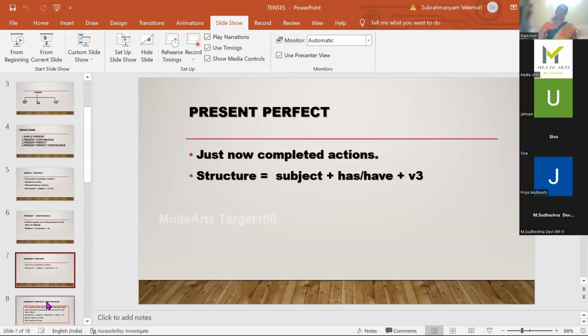The next one is present perfect. Just now completed actions. Where is the cat? Just now it has been seen running out of the house. Just now. So just now is also called immediate past. You call such actions immediate past. Just now completed actions, as just now actions, are said only in the primary sections, by very small children. But as you grow up, it is immediate past.